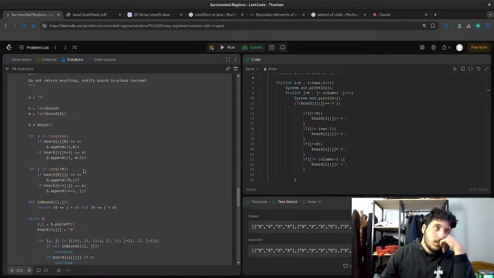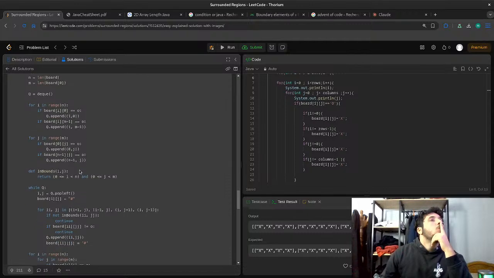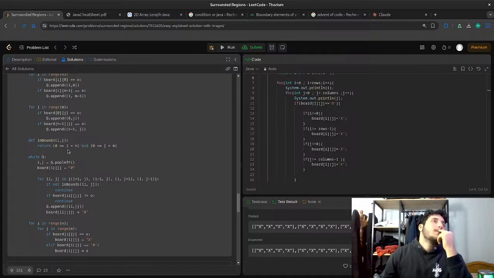Okay, so then we're gonna just iterate. We iterate here in rows, and then we're gonna iterate through the columns. Same thing, and in-bound returns true if it's inbound. So if i is lower than n, which is the number of rows, and j is lower than m, which is the number of columns, then it is true. Then it's gonna just return true. While q,